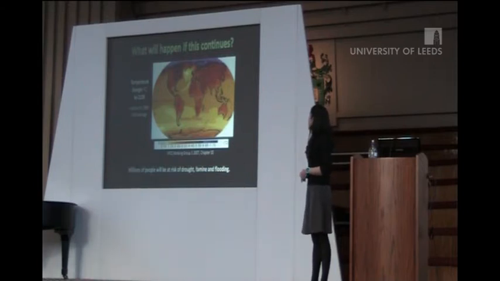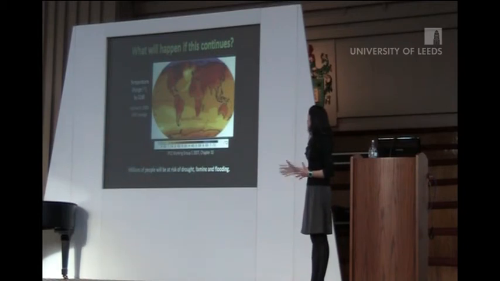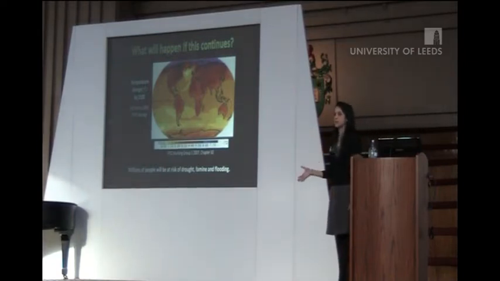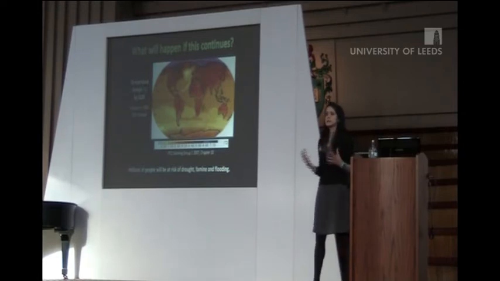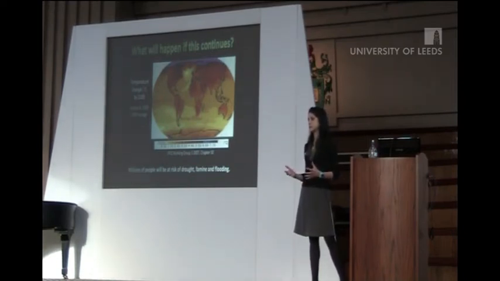And this map shows how we can expect temperatures in different regions of the Earth to change by the end of the century. These temperature changes are relative to the average temperatures experienced during the 80s and 90s in each location. And you might be able to see that the temperature changes range from about 1 to 2 degrees, right up to an increase of 7.5 degrees in average temperature. And that's not an insignificant increase. That doesn't mean that everywhere will just be a little bit warmer and the climate will be nice. That means that millions of people will be at risk of drought, famine and flooding as a result of sea level increases.